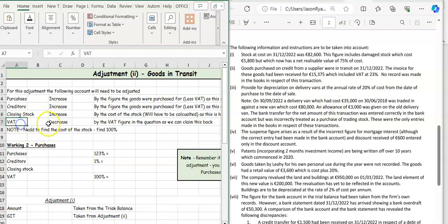And then your VAT, it depends on where your VAT is in the question. Because it's on purchase, it's going to decrease our VAT, so we're going to debit our VAT account. So the first thing we need to do is find out what is 100%. So this figure here of 15,375,